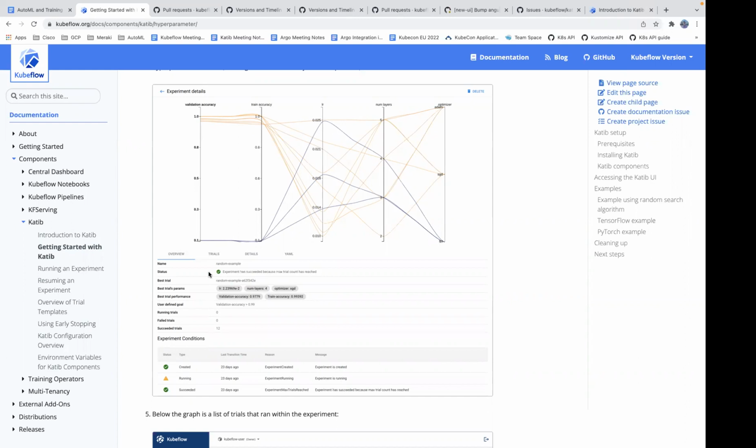We can follow the exact same pattern indeed, and instead of that graph for experiments, we have a graph for trials when we hover over an experiment, so we can use that graph over there.